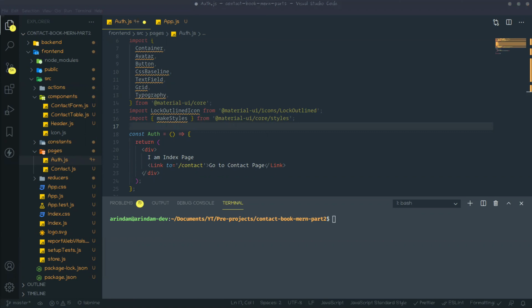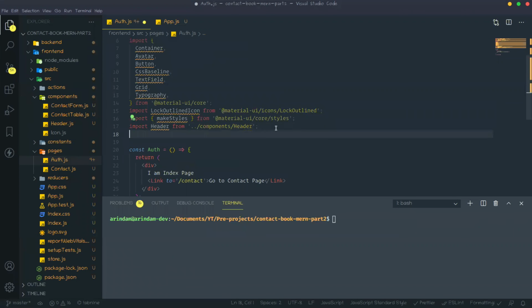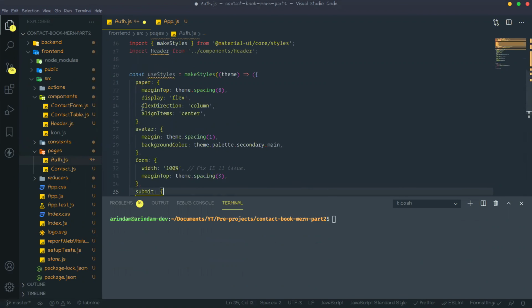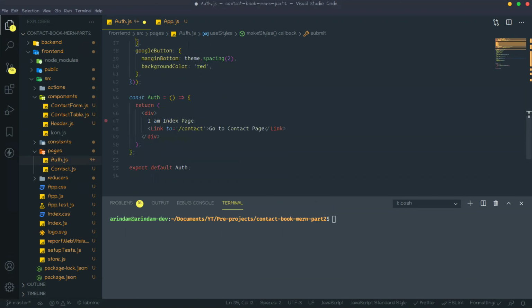We need to bring the Header component, and this is the styling. You will get this from that repo, that means the source code. You just copy it and paste it over here.